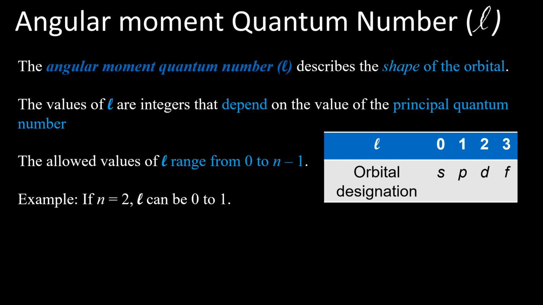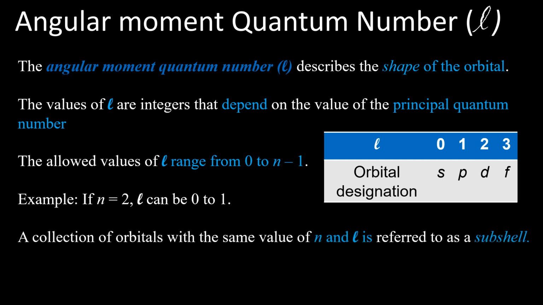If l equals 0, that is referred to as the s orbital; l equals 1 is the p orbital; l equals 2 is the d orbital; l equals 3 is the f orbital. Getting my point, children? Let us take an example. If n equals 2, then l will be 0 to n minus 1. What is n here? 2. So 2 minus 1 is 1, that is 0 to 1. That means n equals 2 has both 0 and 1, so it has an s orbital as well as a p orbital.